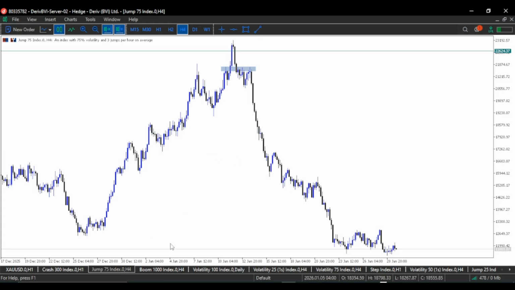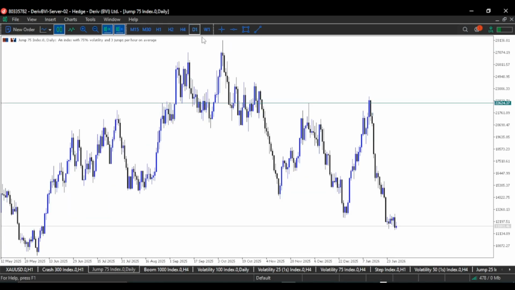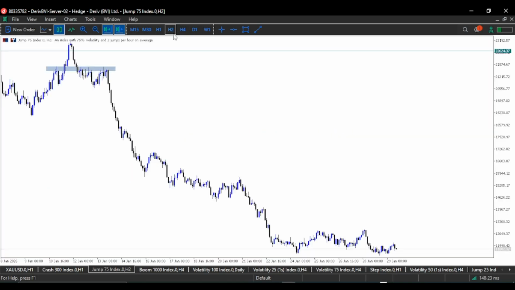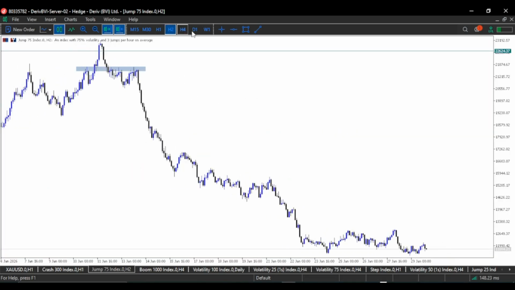When you come to Jump 75, you can see that on the daily time frame we actually hit this high over here. The market came and tapped this part over here. Then we had a retracement. As you can see here, the market retraced all the way back inside, right? Then what happened here, I think on the 2 hour time frame, or even on the 4 hour time frame,